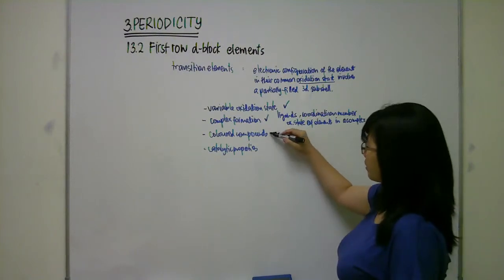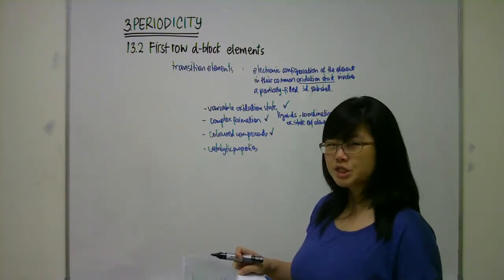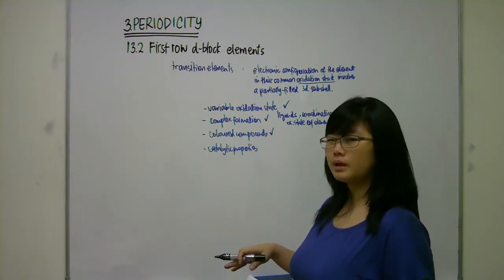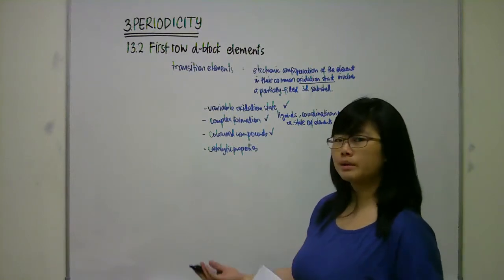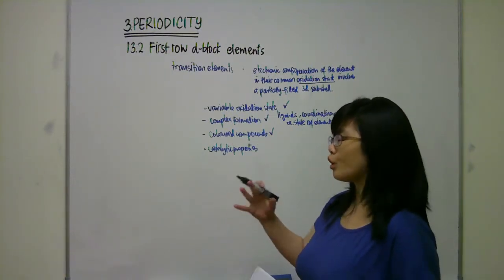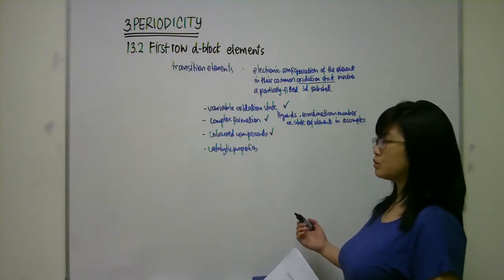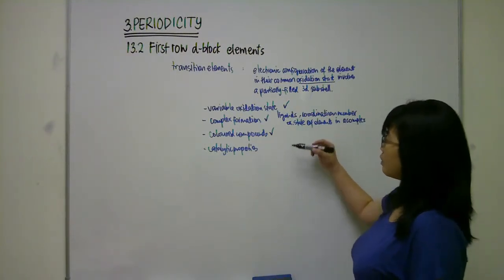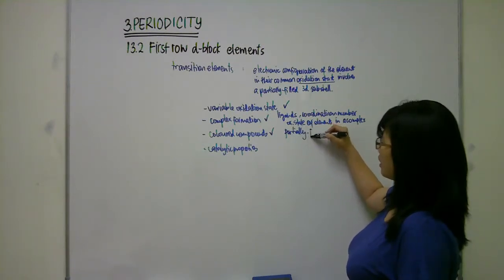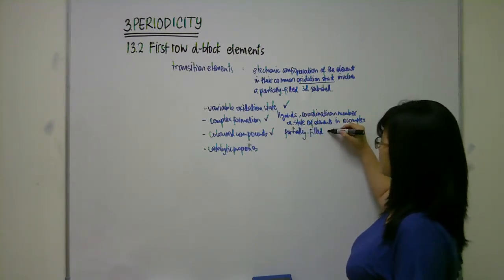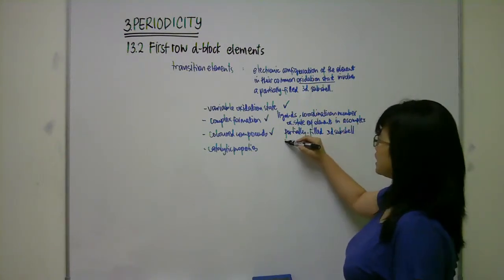And then colored compounds, it used to be the most asked question in this topic, rather why the first row D block elements, why transition elements form colored compounds. So you need to be able to teach your students how to do that. Okay, some important points will include partially filled 3D subshell. Okay, and then ligand